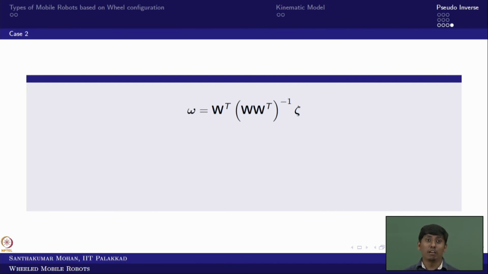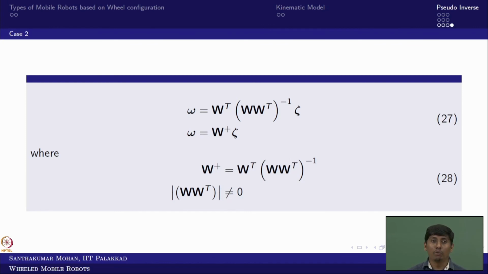So this is the basis of where the pseudo inverse comes from, which you have clarified here. Now you can see that this W plus we have calculated for both the cases. Only one condition is there: for the square matrix you are obtaining, W into W transpose or W transpose into W, the determinant is supposed to be non-zero. Okay, so this is the condition.